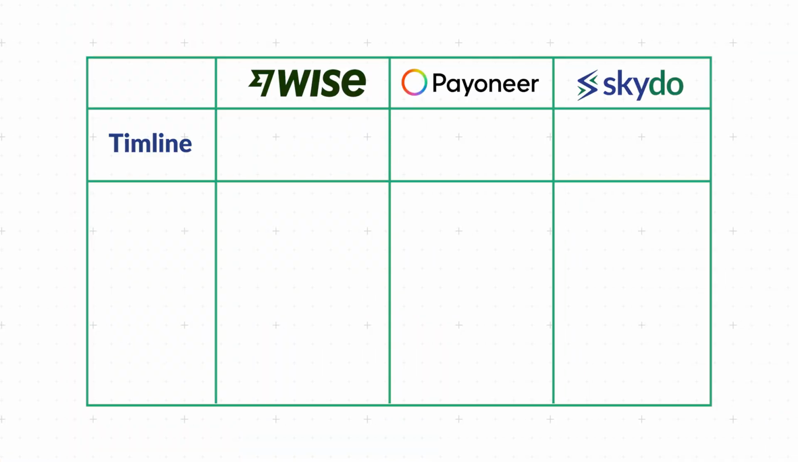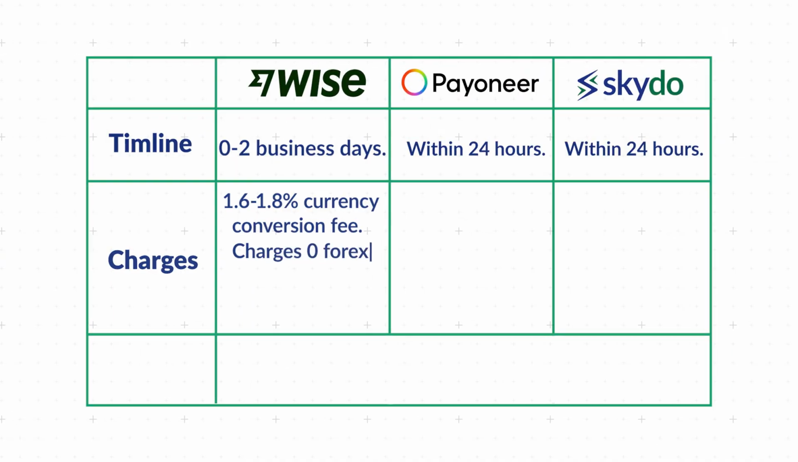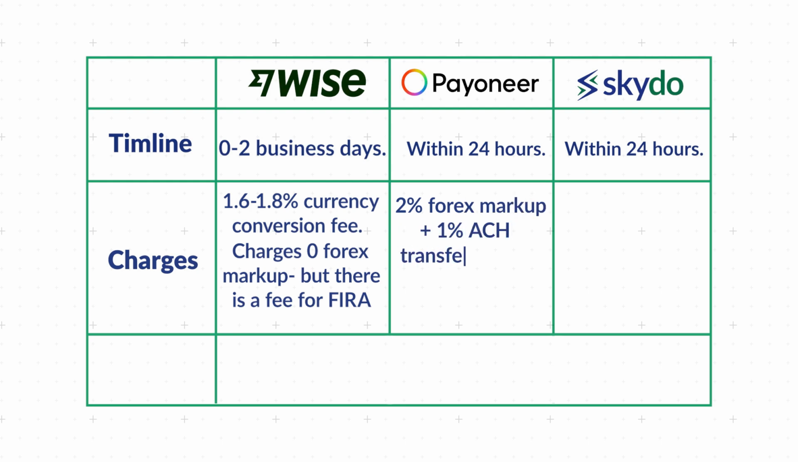Now let's compare these platforms. For timelines, Wise may take between 0 to 2 business days to settle your payment. However, Skydo and Payoneer mostly settle your payments within 24 hours. Coming to charges, Wise charges you between 1.6 to 1.8 in currency conversion fees. This may depend on the currency. However, they charge you 0 forex markup, but you have to pay a fee for receiving digital FIRA. Now coming to Payoneer, you will have to pay 2% forex markup, 1% ACH transfer fee, and 3% for credit